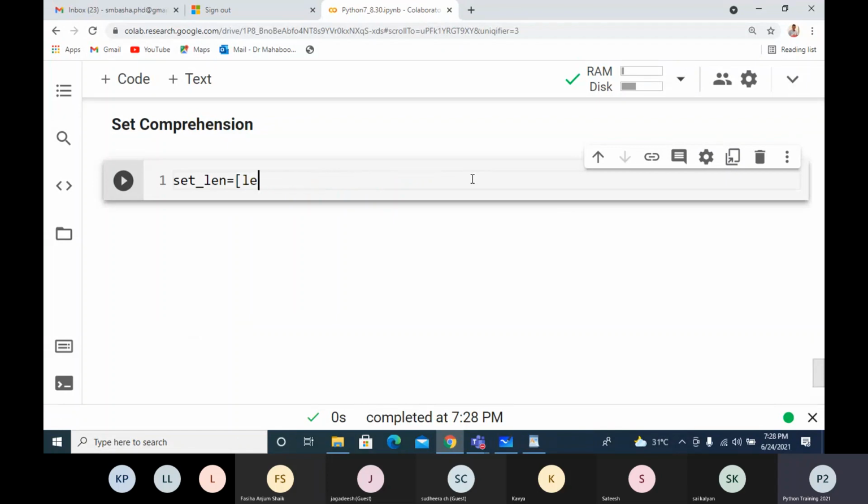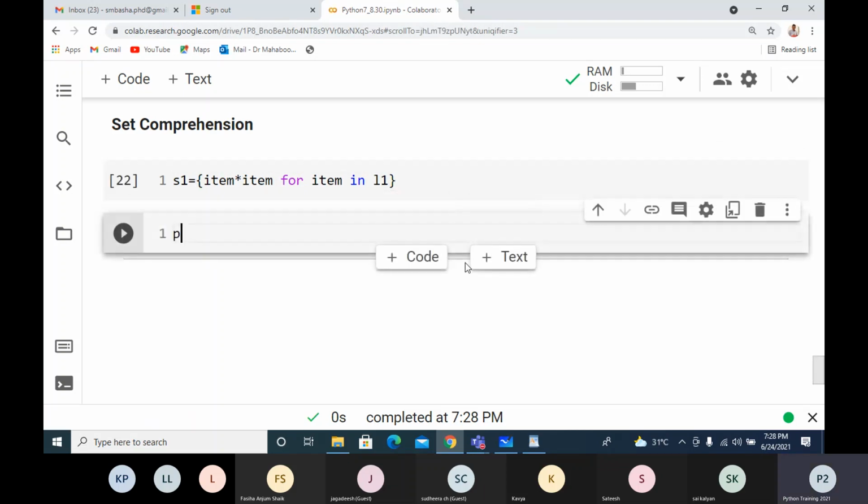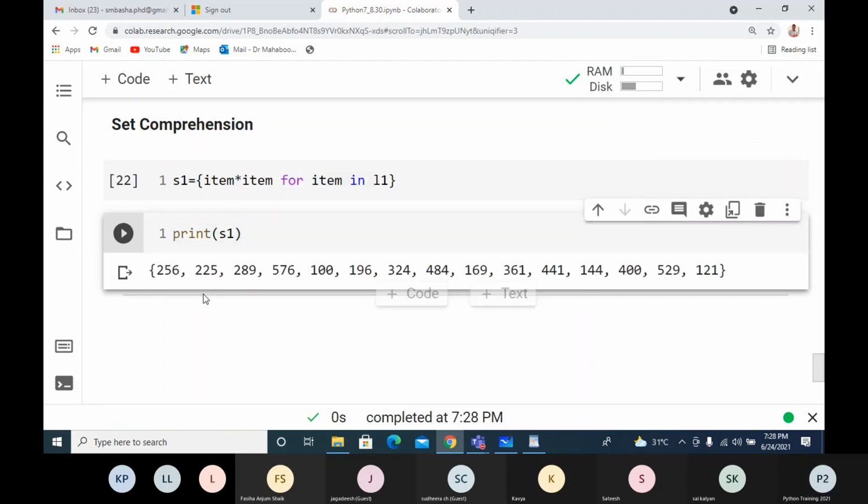S1 equals to, I can use flower brackets, item for item in L1. So I'll get just a set. I'm getting the set as a comprehension, but the only thing is the order is not followed. In some order it will give, but it is giving the result.